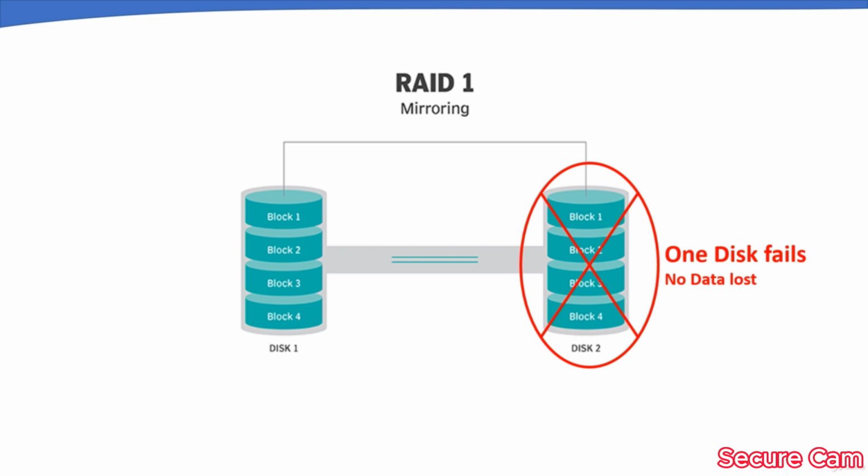RAID 1 is a very simple technology and offers excellent read speed and write speed that is comparable to that of a single drive. In case a drive fails, data doesn't have to be rebuilt, it just has to be copied to the replacement drive. The main disadvantage is that the effective storage capacity is only half of the total drive capacity